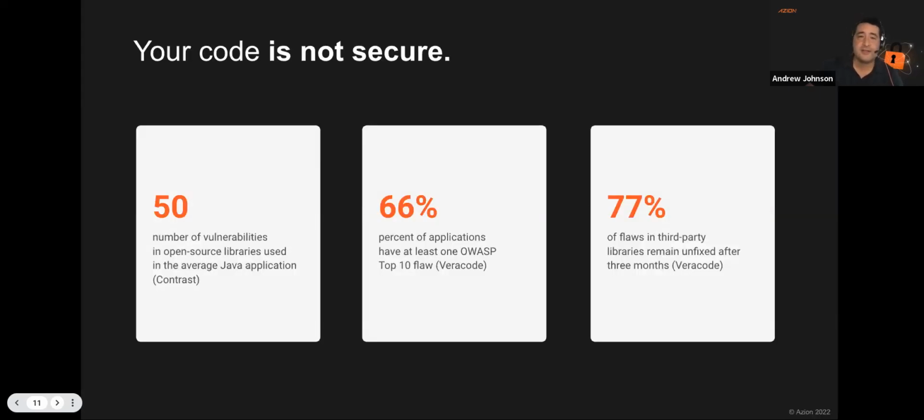And despite the best efforts of dev and security teams, the code used in web apps remains far too vulnerable. Contrast Security found that there's around 50 vulnerabilities in the open source packages or libraries used in the average Java app. Veracode, which is another firm that does a lot of software composition analysis and scanning tools, found that about 66% of apps out there contain an OWASP top 10 flaw. And they also found that